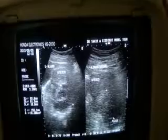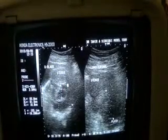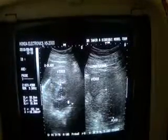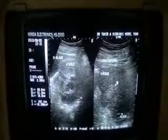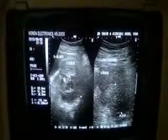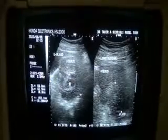Now, keeping in view the history as well as the lab findings, this is a case of ectopic pregnancy that has ruptured and is seen posterior to the uterus. As you see, the uterus is elevated by this ruptured ectopic pregnancy. This is the gestational sac,